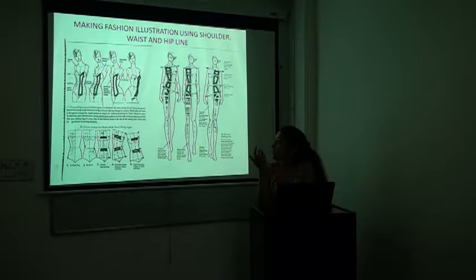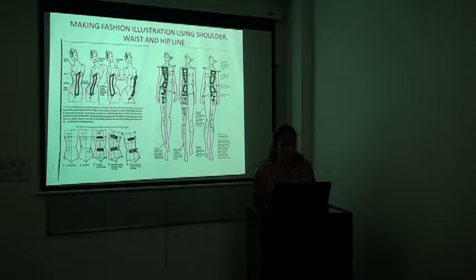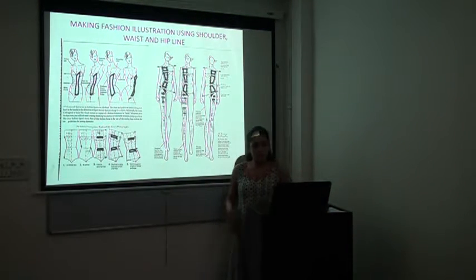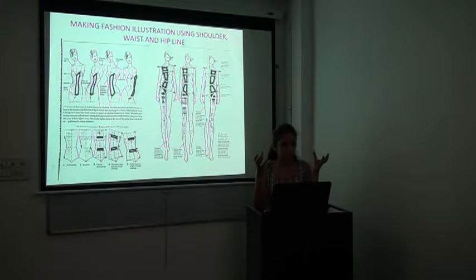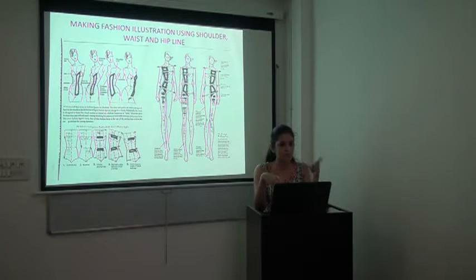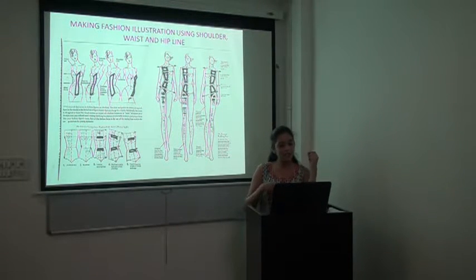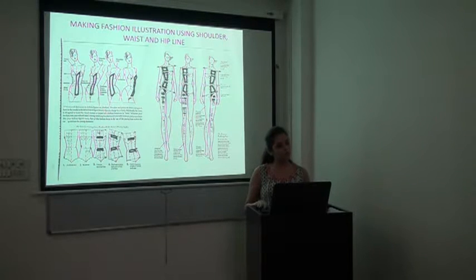Again, this shows the various sides of the body posture. It can be side view, front view, or 3/4. So it is again a detailed study using the shoulder, waist and hip line. I use this exercise with a magazine. We cut out various fashion figures from the magazine, and chalk out the details like the shoulder line, the hip line and the waistline in a way where they can make the whole human fashion figure.